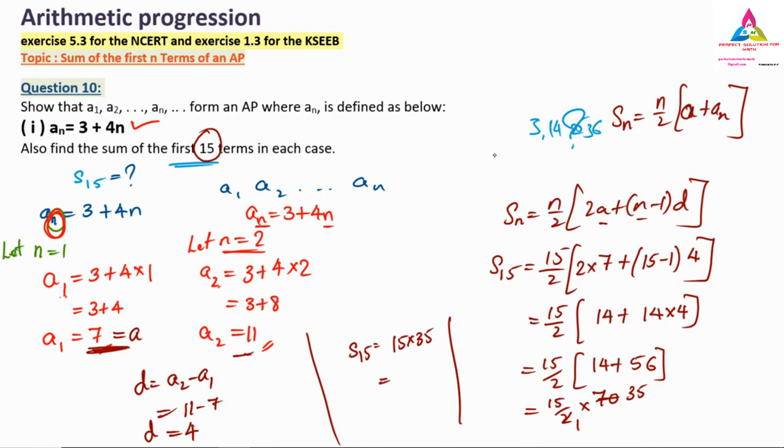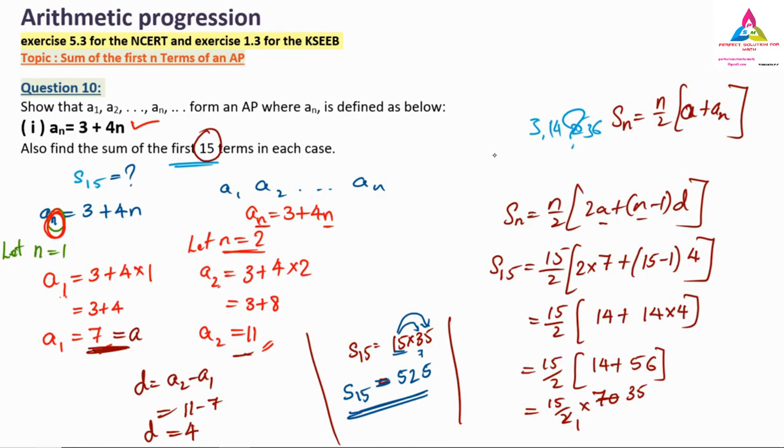What is 15 into 35? That is most important now, the calculation again. Multiply this 5 with the 15 and 3 with the 15, then add. You know the 15 table. 15 multiplied with 5 and 15 multiplied with 3. 15 fives are 75. So I will write down 5 and carry 7. 15 threes are 45, 45 plus 7 is 52. So the S15 value which they told you to find, the sum of the first 15 terms, is 525.